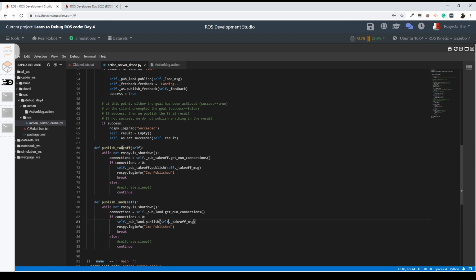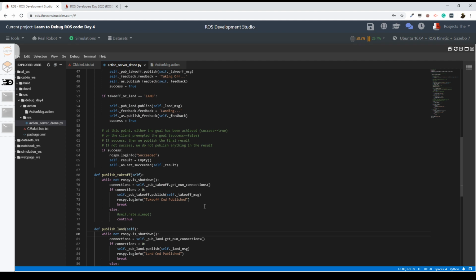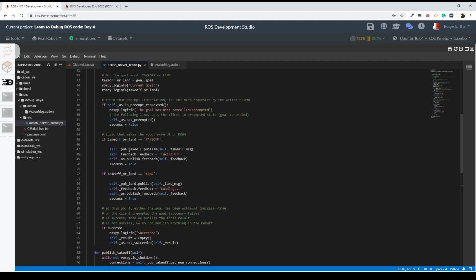Here it's in the message also. We need to update it for the land message. Then here I'm going to add the takeoff command publish and land command publish. Alright, then now within our code we are going to remove this line which is doing the